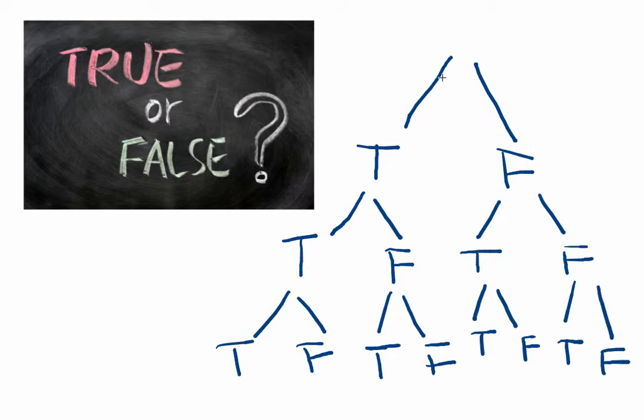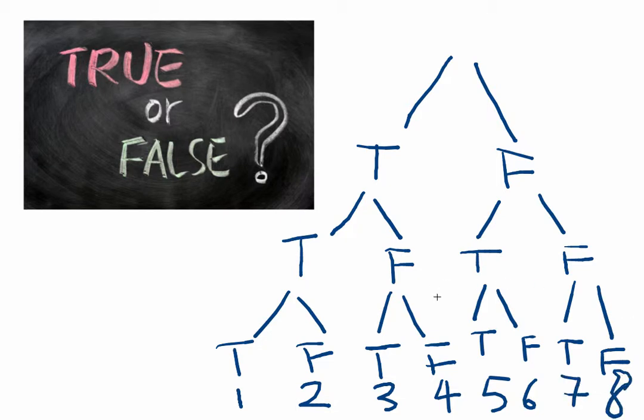Now if I list down all the possibilities down the trees, I get 1, 2, 3, 4, 5, 6, 7, 8. Exactly the same as just now. Okay, so I've used 2 different methods, but I've gotten the same answer. So there are 8 ways I can answer a true or false question